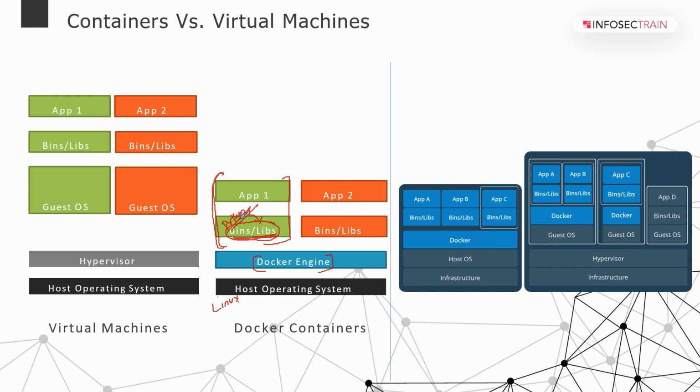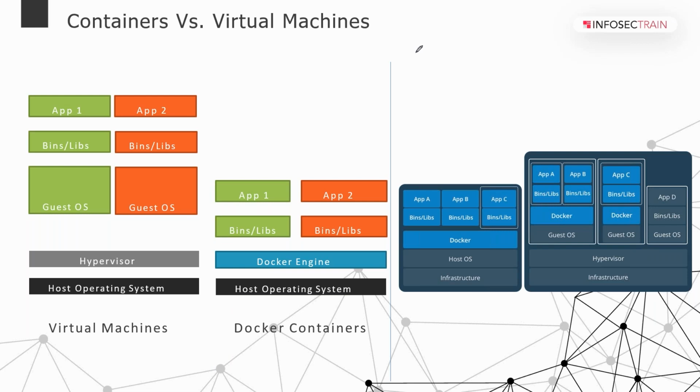So let's say my machine is Linux where I have a container, and when I move this container to your machine, you are getting a container which is completely self-sufficient. You just need a platform to run. That's all. Got it? It is platform and OS agnostic. Yes, containers are completely platform agnostic.